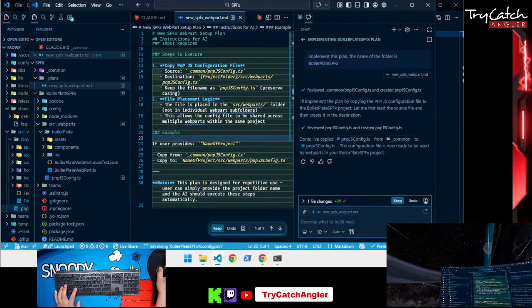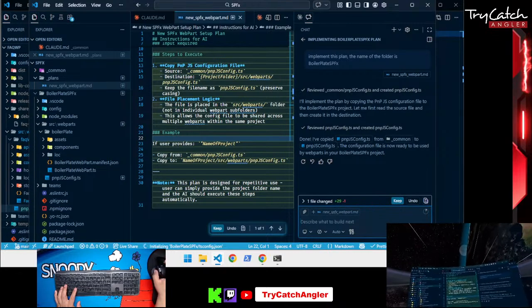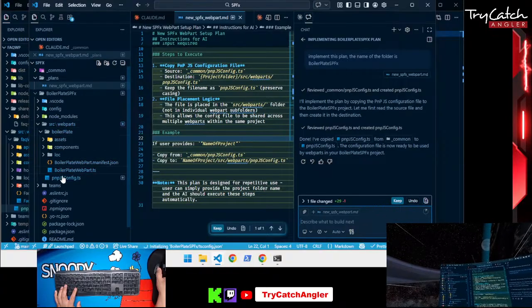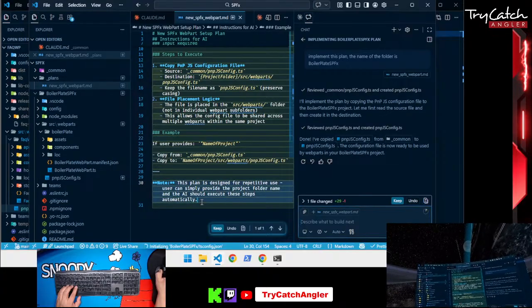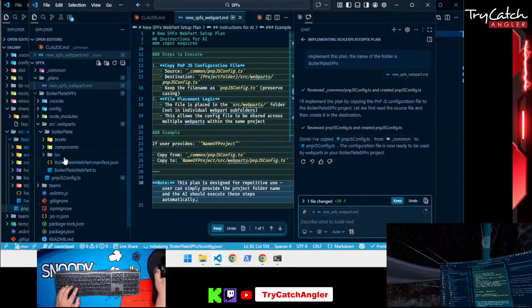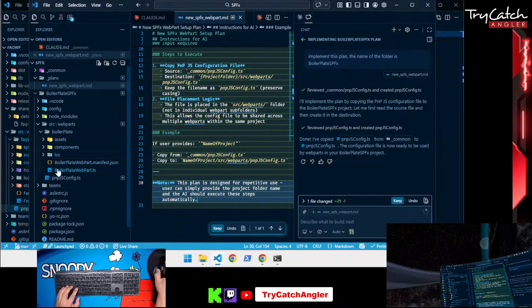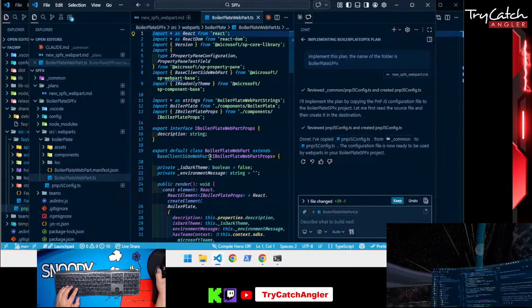Sweet, it did it. You see that? The file is here, which is what I wanted it to do. So if you can see boilerplate, it now has the PNP file there. And actually, another thing that it needs to do is the main TS file